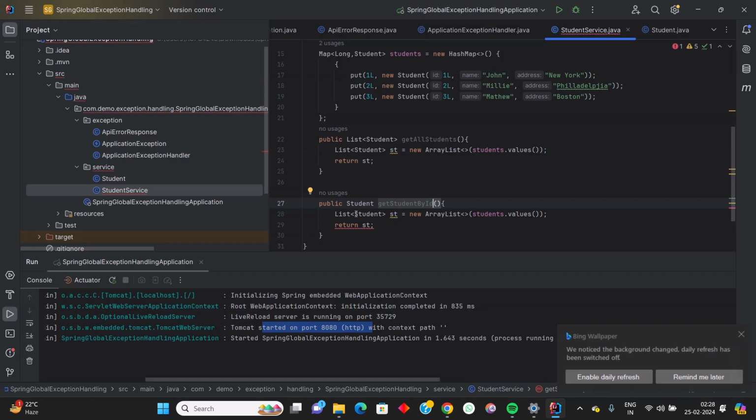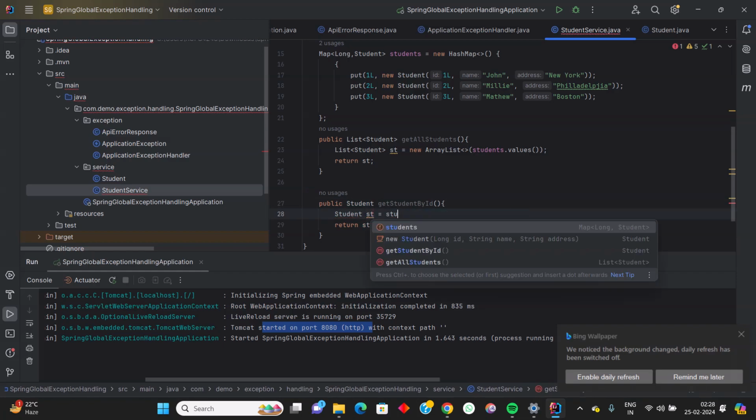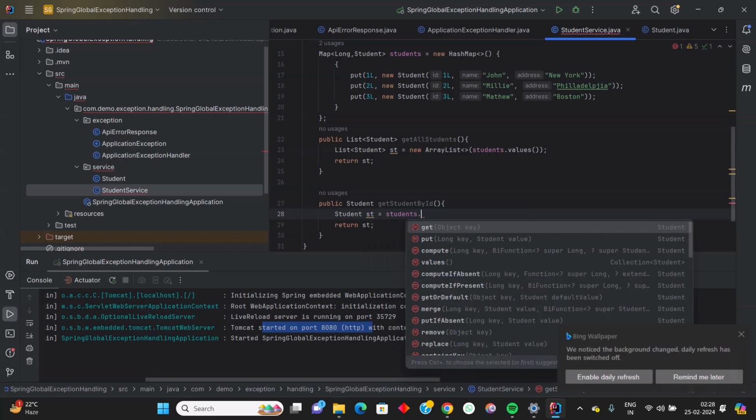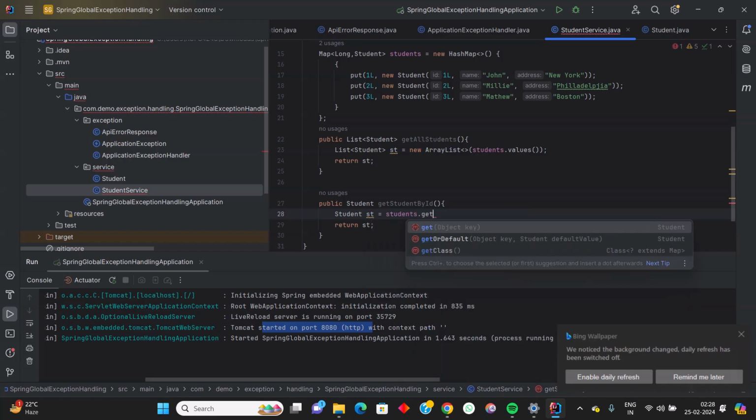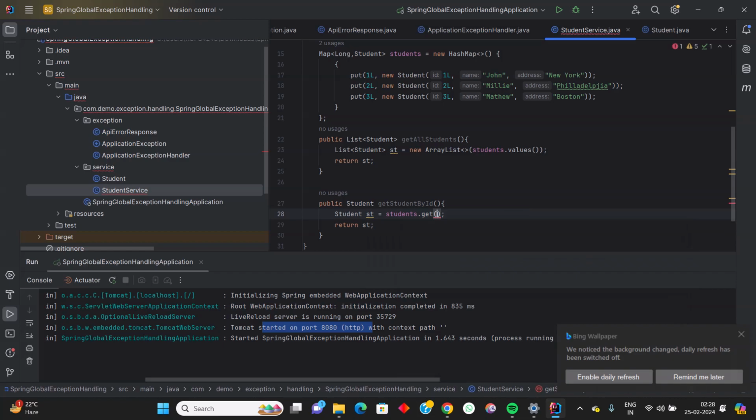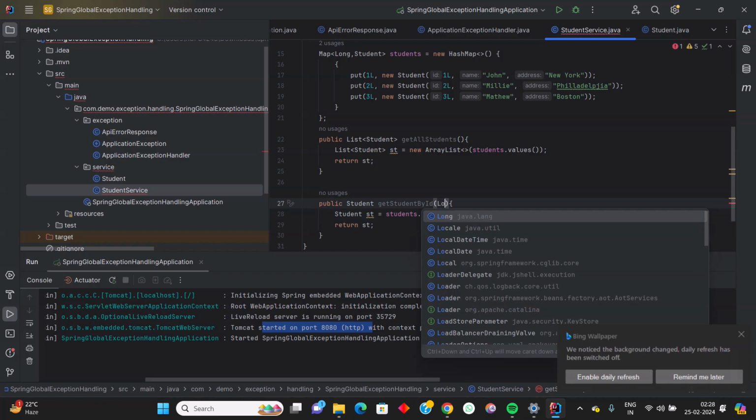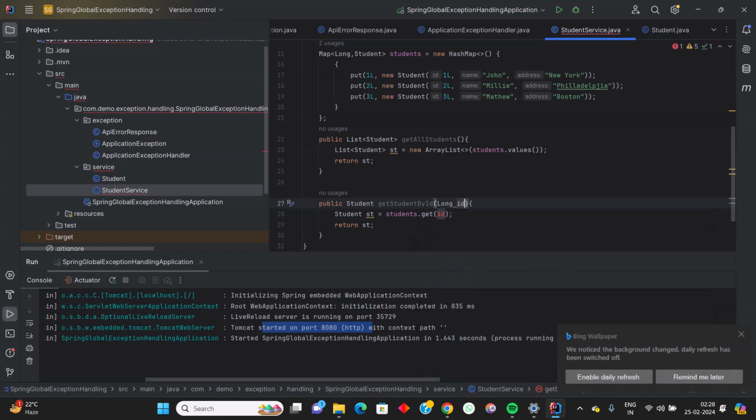So you can get a student from the student map itself, but get ID only. ID will be passed over here as a long ID, and if